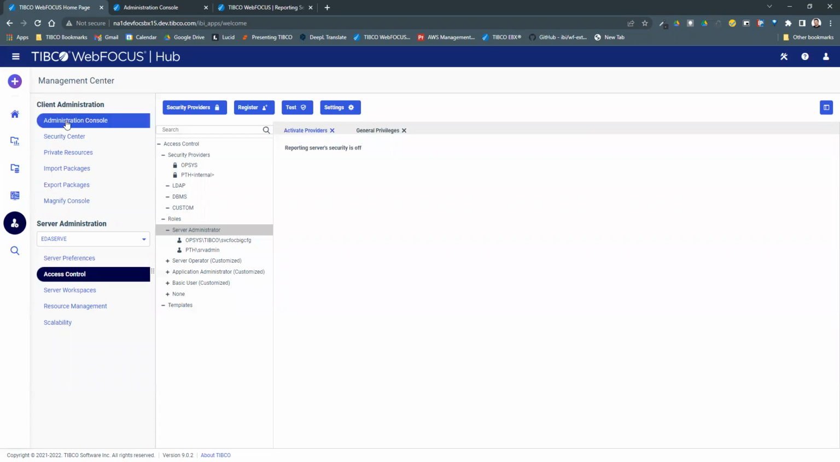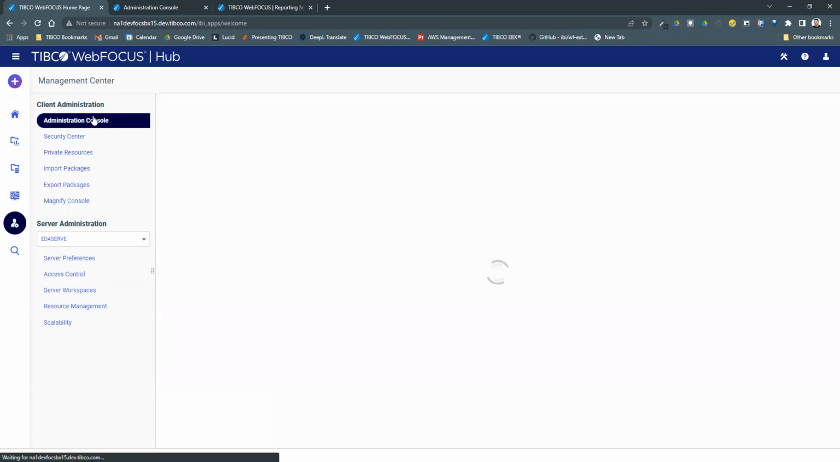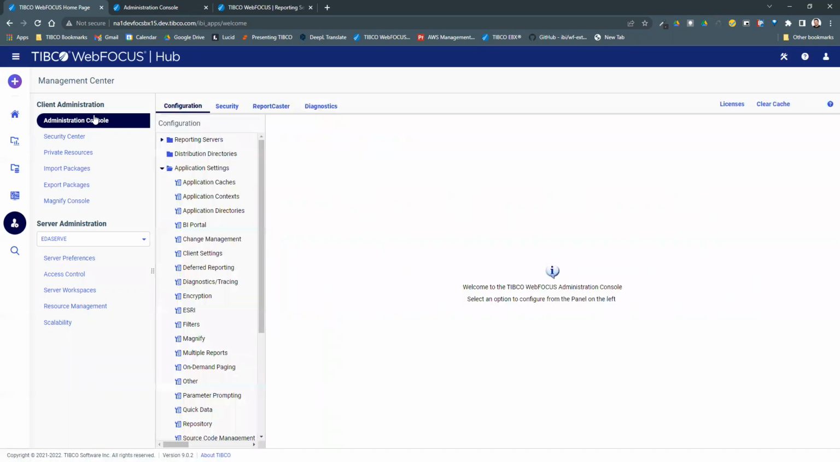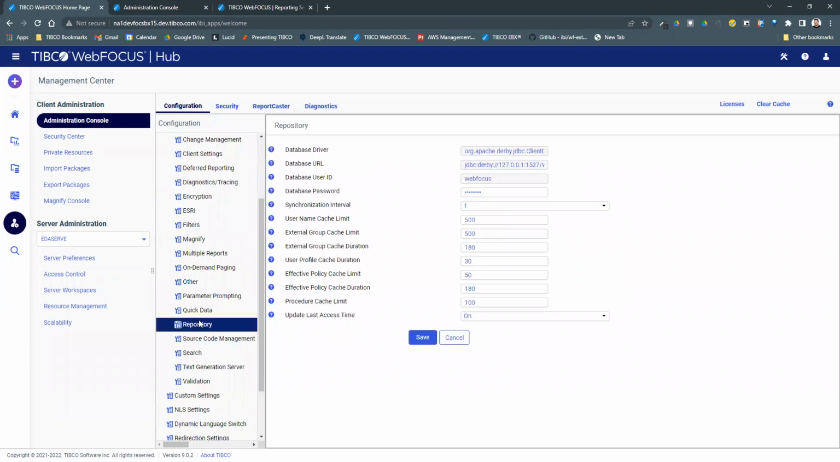I'm currently in WebFOCUS 9, so it's right here. It's the administration console of the client. The section we're going to need in here is repository. In here, you're going to find all the repository related information. You've got the database driver, the URL, username, and the password is also WebFOCUS, even if it's hashed in